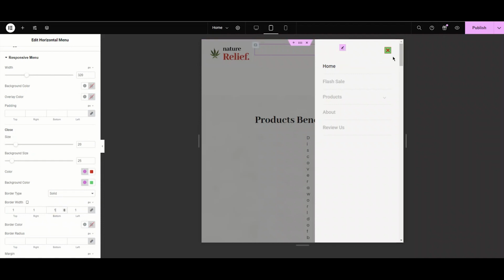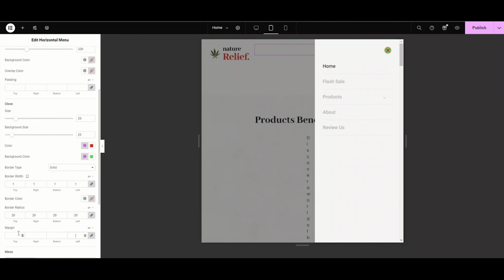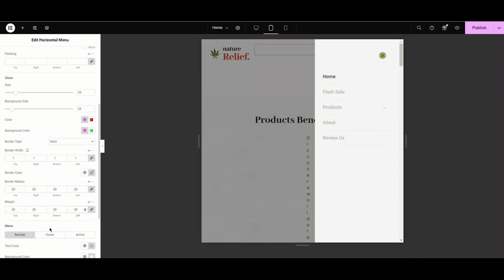And look, I think this button is an alien. I don't know why, but this green color reminds me of aliens. What do you think about this? Now let's choose the border radius to 20 to make the edges round. Lastly, we have this margin option. Let's set the margin to 20. And look, hope you guys are getting it in the right way, how to use these features. Now set this all to default.